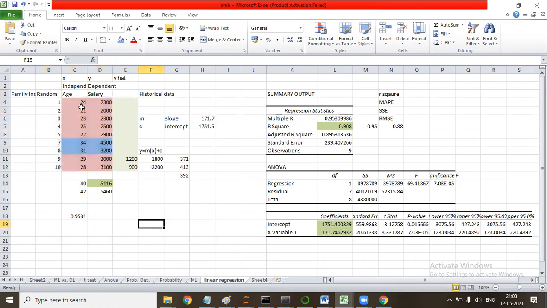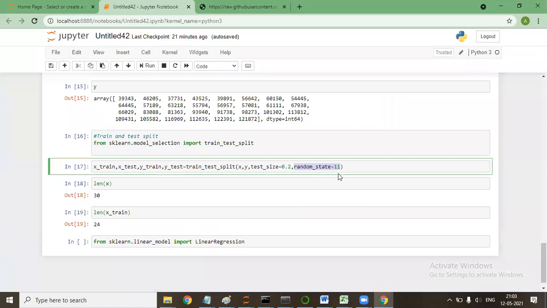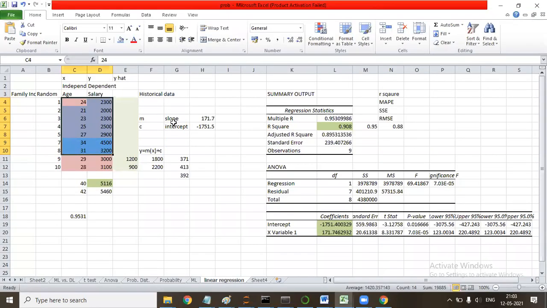So now you see some of the data went up, some of the data went down. And now if I take 80% of the values, this will give me more random values. Earlier the values were not random. So when I say random state is equal to 11, or any random state, 11, 12, 13, it means it is shuffling the data in some way. The way is 11, and it can be anything. You can take 11, 12, 50, 30. The only difference is the way of shuffling, the way of assigning these numbers, will be different.